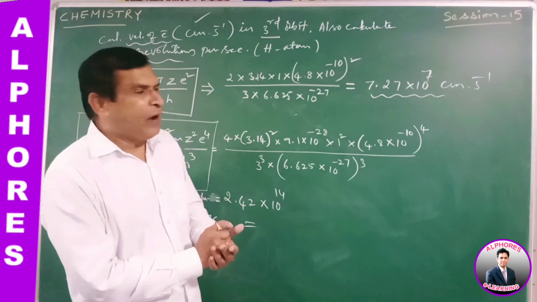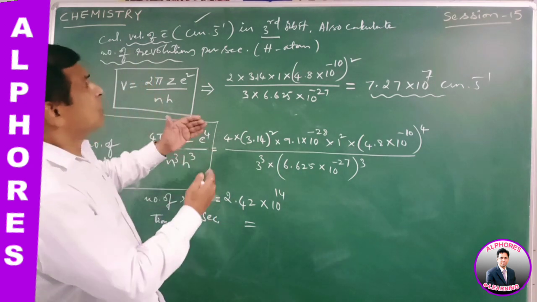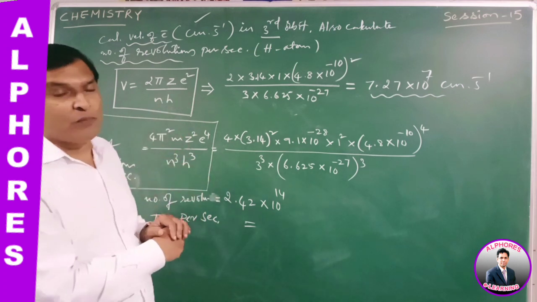So that we have done. That is the velocity of the electron and the number of revolutions. So the two concepts we completed in a single problem. Okay, now